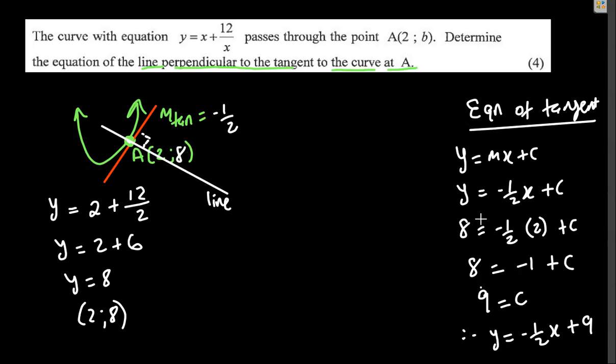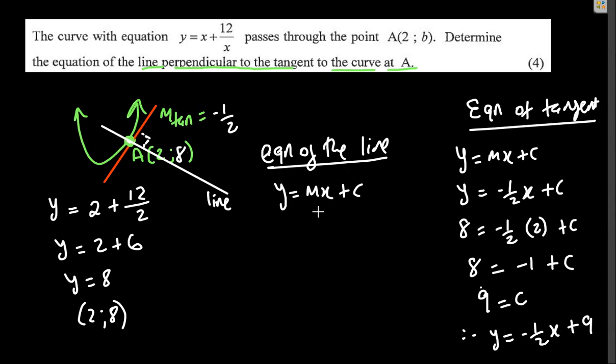Finding the equation of a tangent is not needed. What is needed is the equation of this line. That line is a straight line. So the equation of the line would be y equals mx plus c. So the question is, what is the gradient of the line? And then what is the point that we substitute? Wait a minute, what would be the point that we would substitute that is on the line? The point would be this one, because